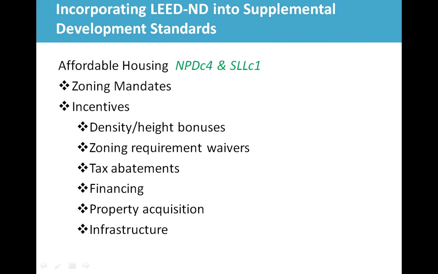Housing and transportation costs consume a large portion of low and moderate income housing earnings. To help create equitable neighborhoods, municipalities can mandate the inclusion of rental and for-sale dwelling units as affordable housing using criteria from NPD Credit 4 Mixed Income Diverse Communities and SLL Credit 1 Preferred Locations, which both encourage housing for households of differing incomes. NPD Credit 4 awards varying amounts of points to projects that provide between 5 and 25%